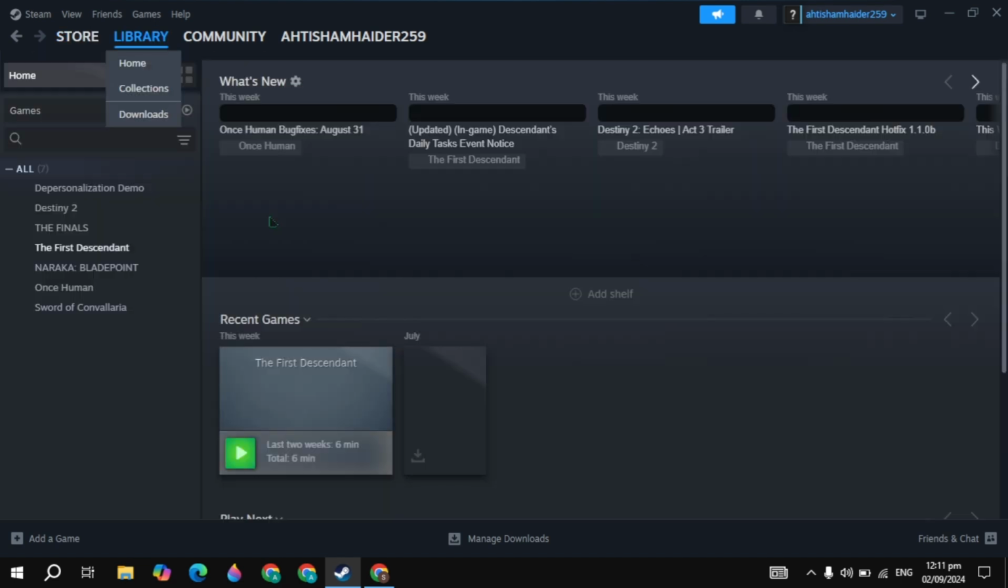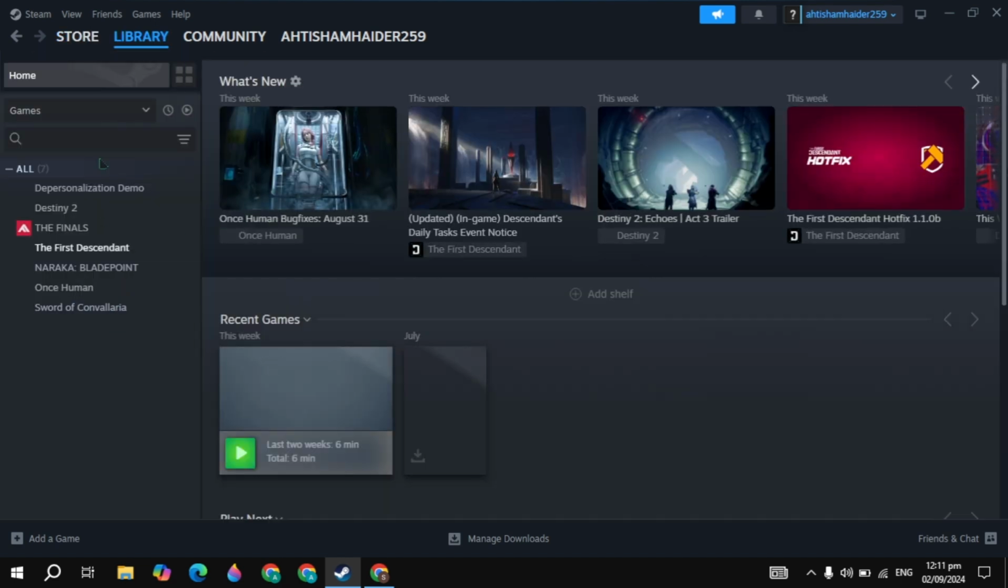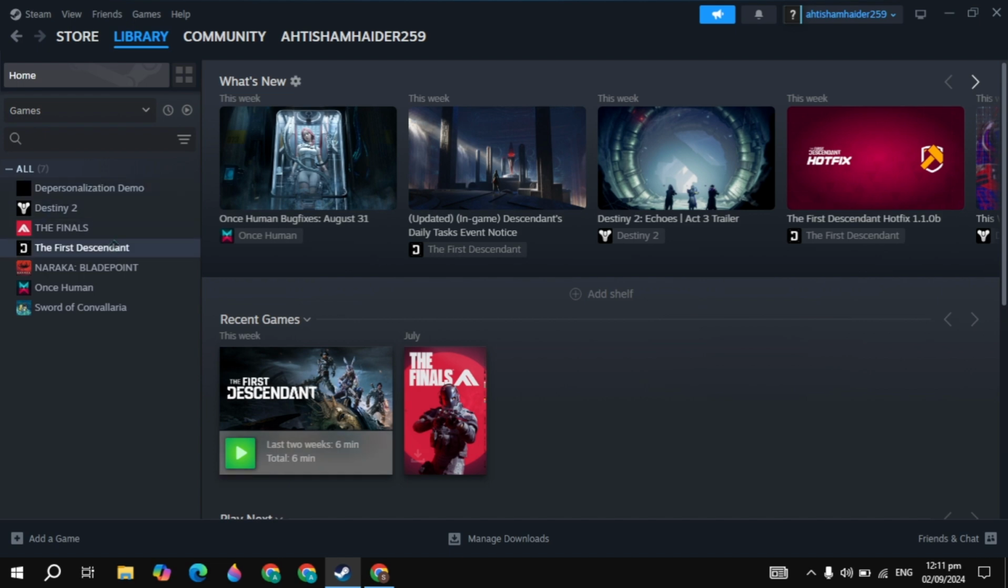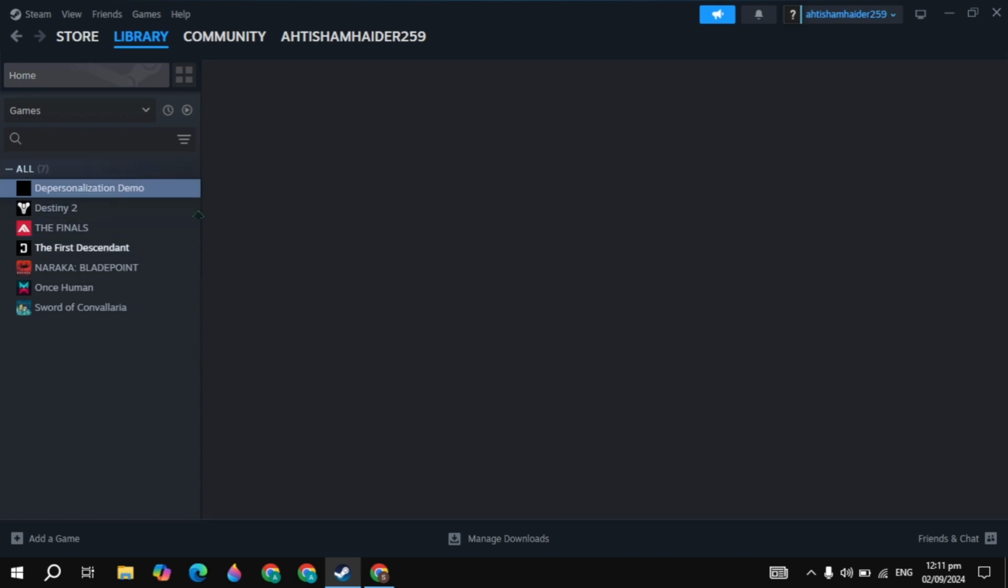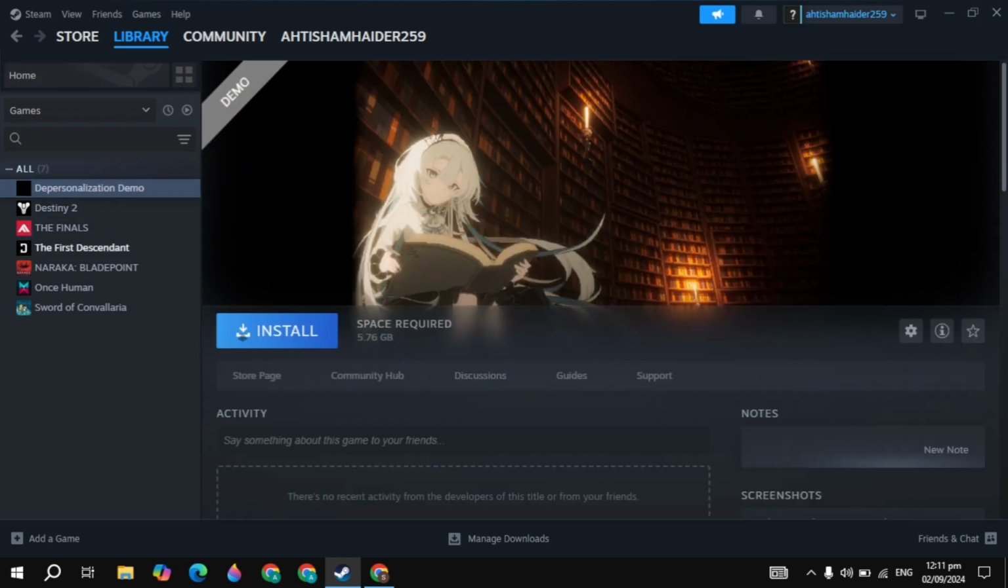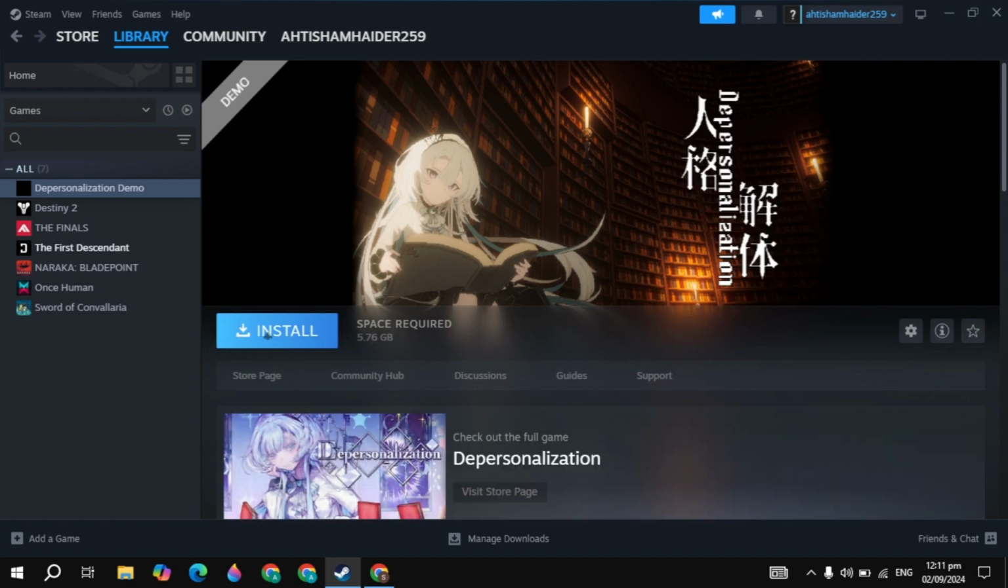Then click on the library option you are seeing on the top, and on the left hand side you will find the game which is depersonalization. Click on that and you will see the option to install it. This is how you can download and install the